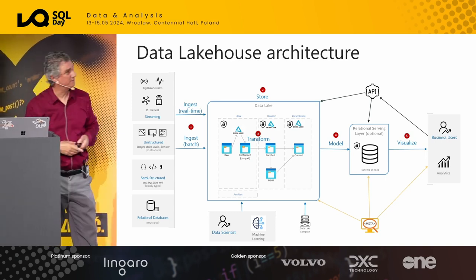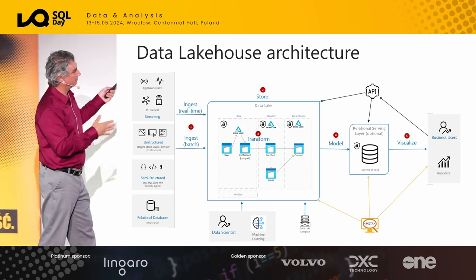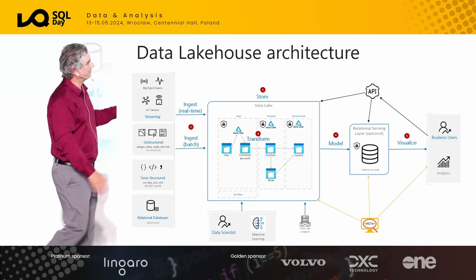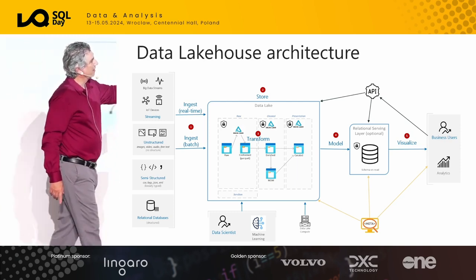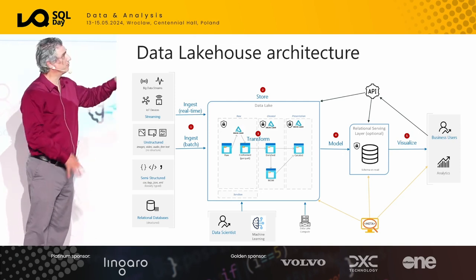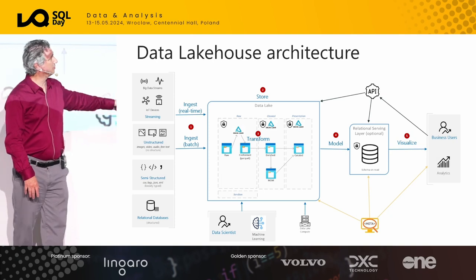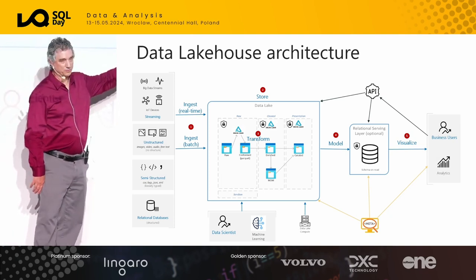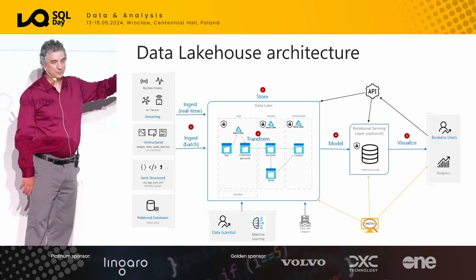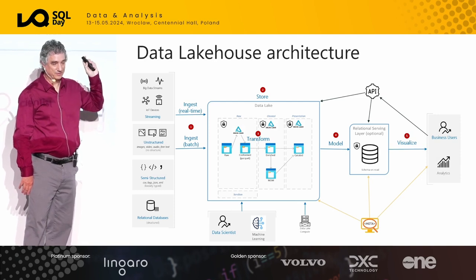So what would this look like if I dive more into it? You can see it's very much like the data fabric, except I have replaced the relational data warehouse storage with a serving layer. And that's still important because you don't want to tell end users, hey, everything's in a file and folder format. You want to present it to them in a way that's much easier for them to make sense of the data.